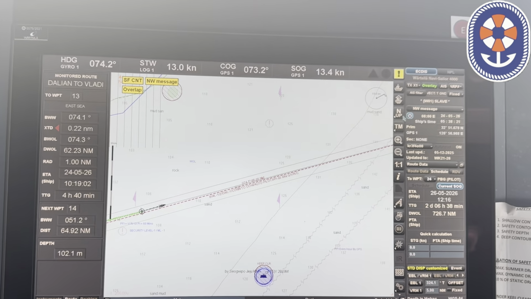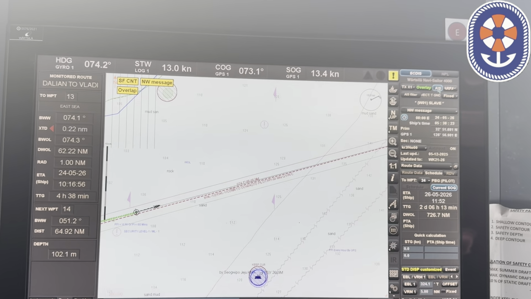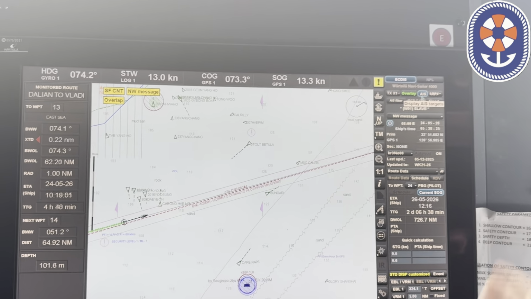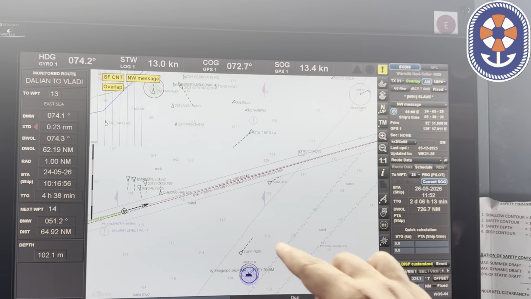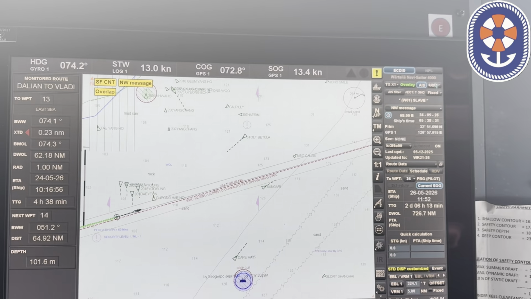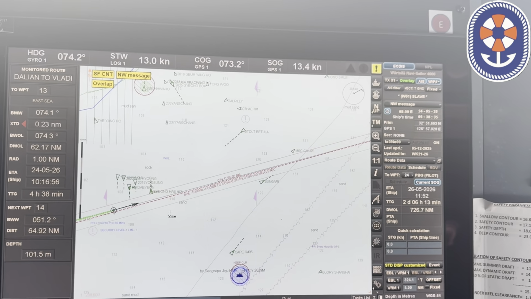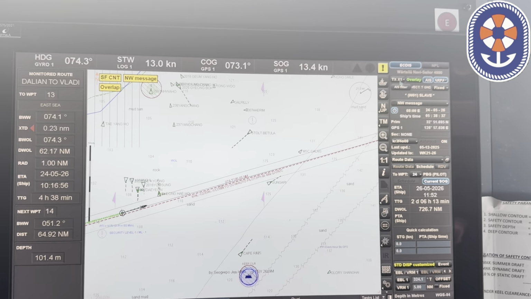So basically, to switch on the AIS targets, you just click on this button on the top right corner and display AIS targets. All the AIS targets will display on the screen. Same way, if you want to see the ARPA targets, you click on the ARPA button and these ARPA targets will appear also. For example, if I remove this